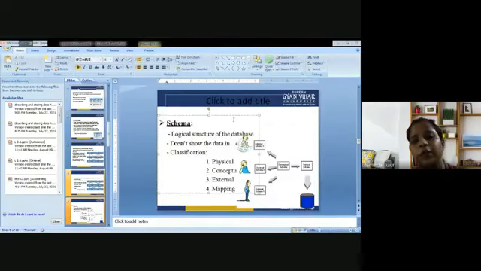So next is what basically a schema is, which I was about to discuss when I was discussing the data model. A schema is the physical representation of the data, or it could be a logical representation of the data. It is concerned with the logical structure of the data and does not show the data in the,